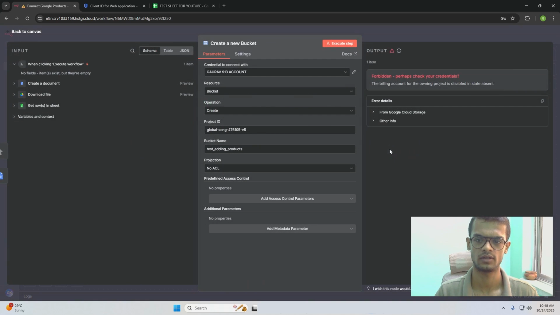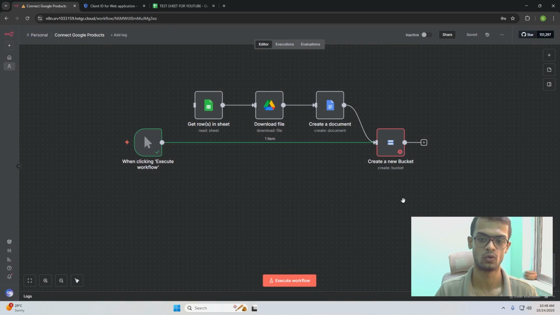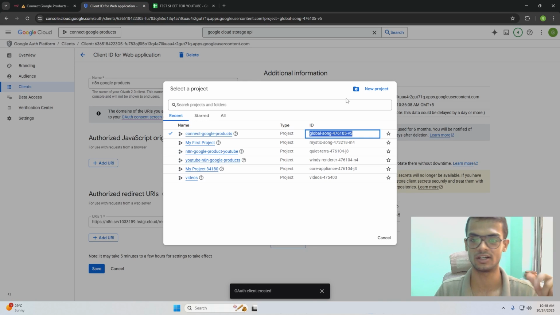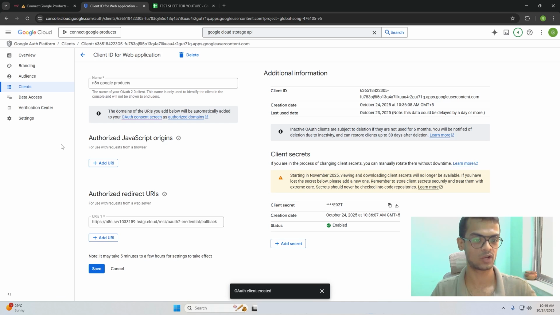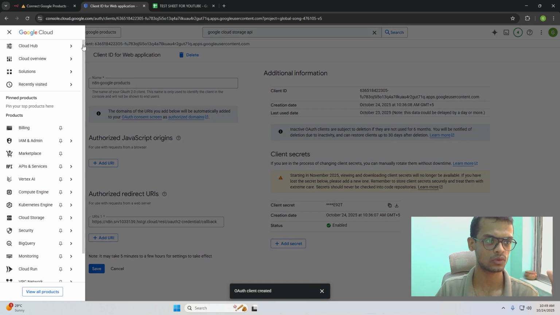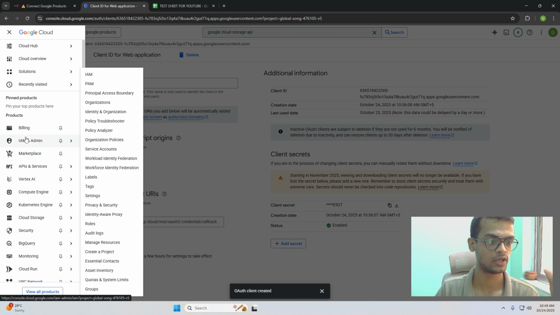All right, forbidden. The billing account for the owner is absent. So since we created this account new, we do not have billing enabled, and this requires that we have billing enabled. So I'm gonna head back over to Google Cloud, go to the navigation menu, click on billing,